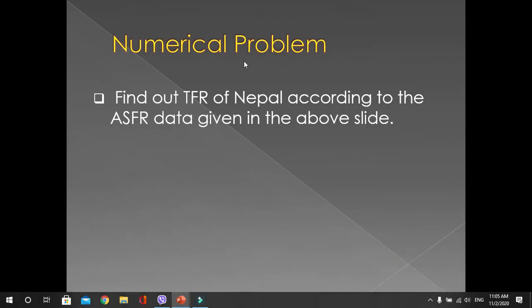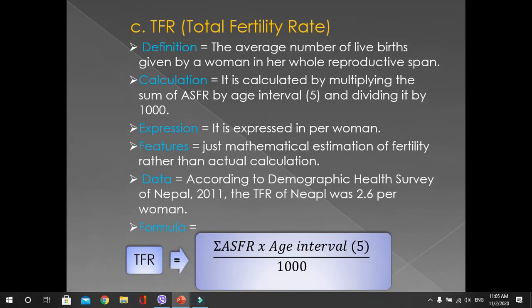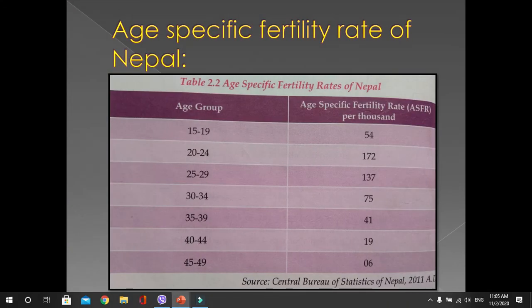Now here is one numerical problem. You can pause the video, copy the question and solve it yourself. Find out the TFR of Nepal according to the ASFR data given in the above slide. Above slide means here in our slide we have given you the data of ASFR, you can take a screenshot or copy it. According to this data, you have to find out the